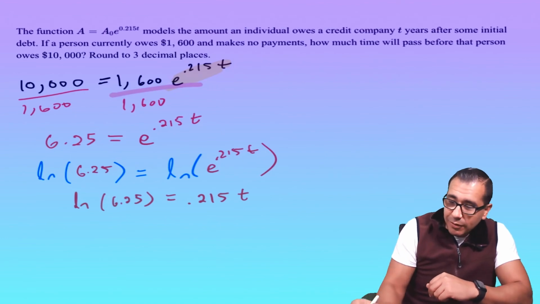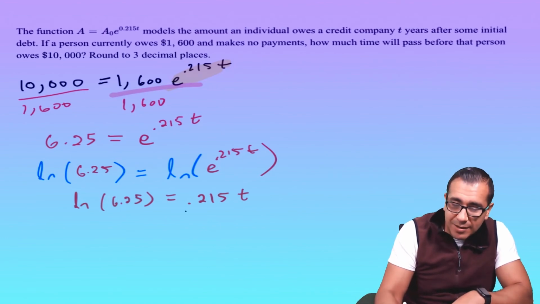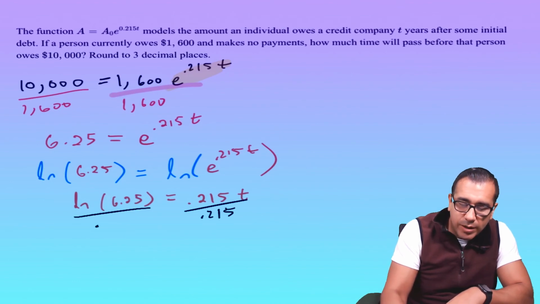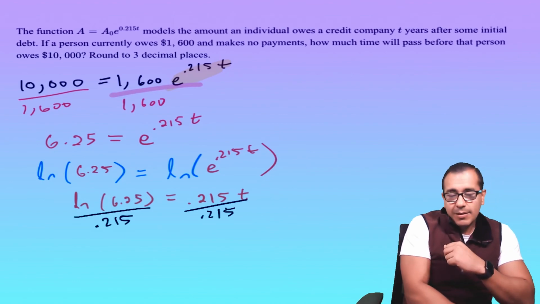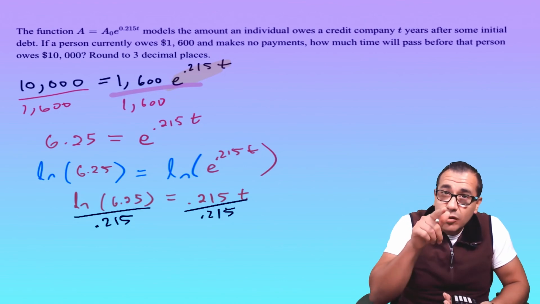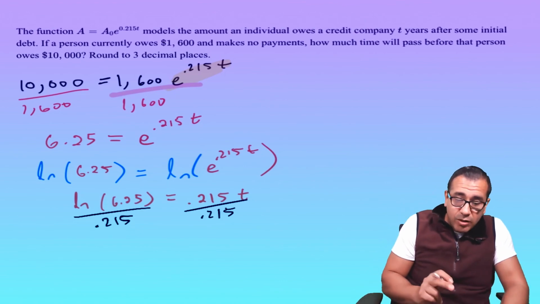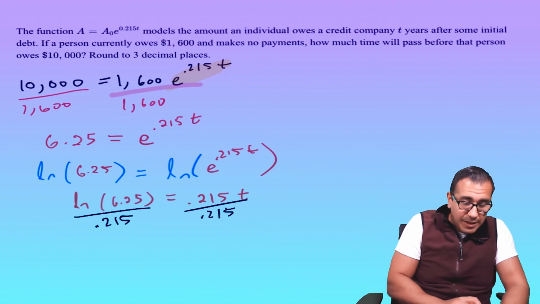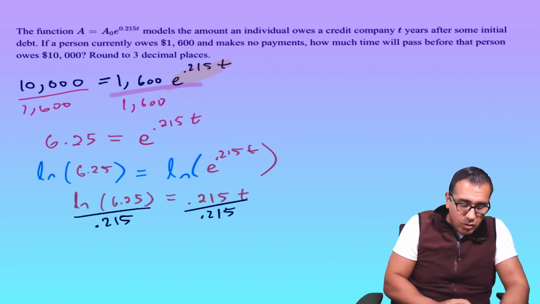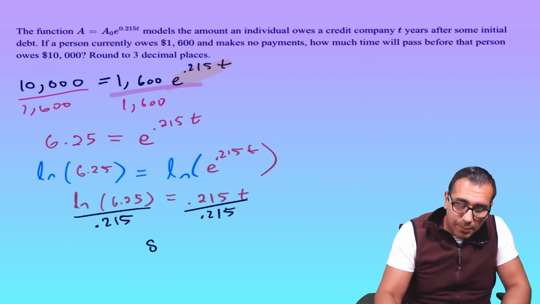All right, so we're solving for t, so let's divide both sides by 0.215. Let's punch all this into the calculator. Make sure you close those parentheses when you're using your calculator here. So I'm taking the natural log of 6.25, close parentheses, divided by 0.215. All right, so we are getting approximately